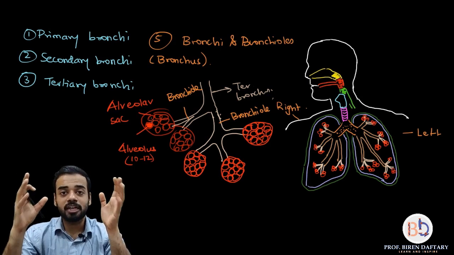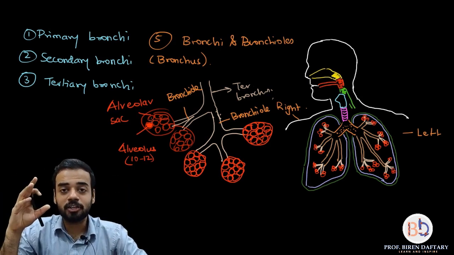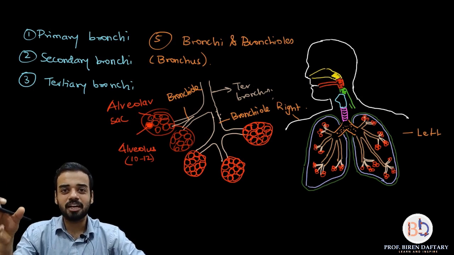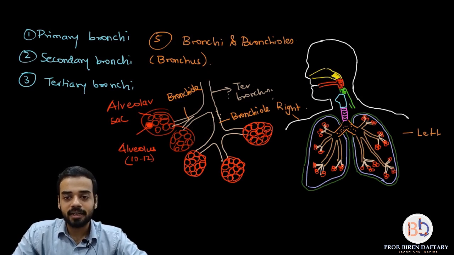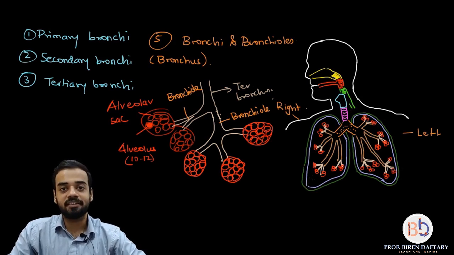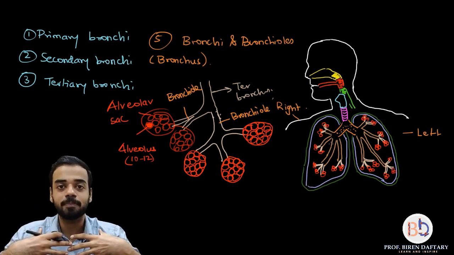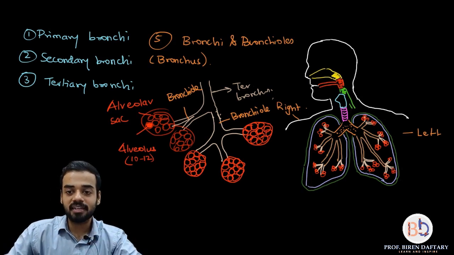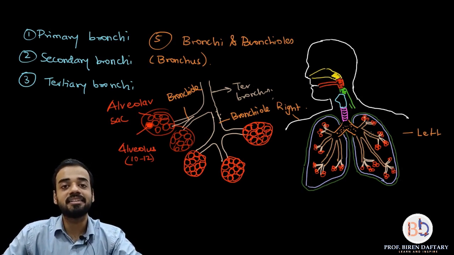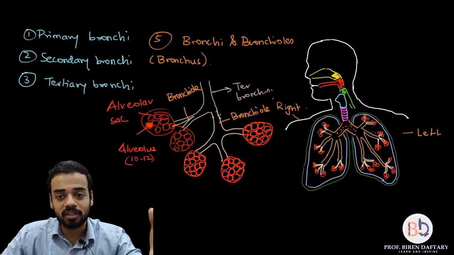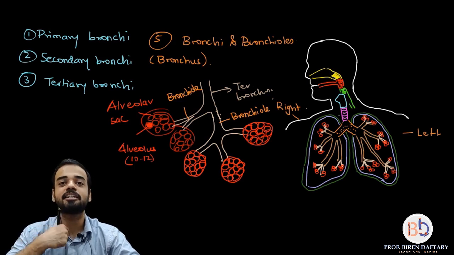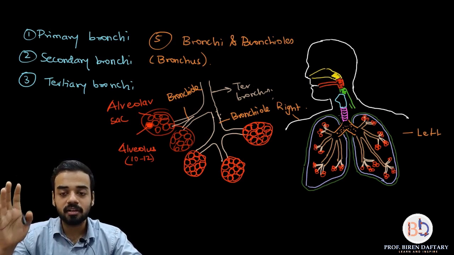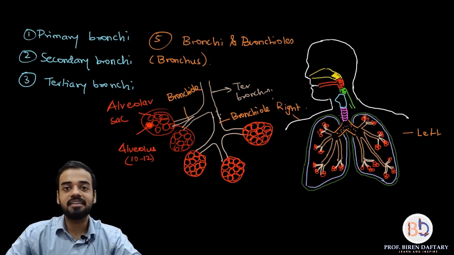Now the next part which we are going to start with is the lungs. But before the lungs, I want to complete the part called alveoli, because we are over here. We have completed bronchi. By the way, this area of the chest is called the thoracic cavity. The thoracic cavity is the area present in the rib cage, the chest area. The primary bronchi and all these other parts are present in the thoracic cage, whereas the larynx and the trachea are present somewhat in the neck. Is this clear? Now the next part is alveoli.